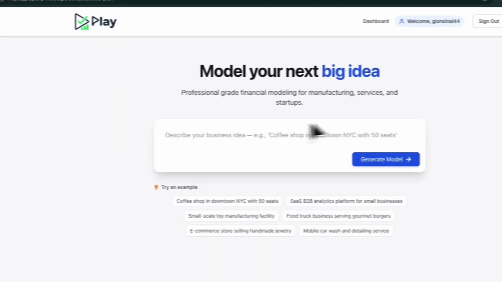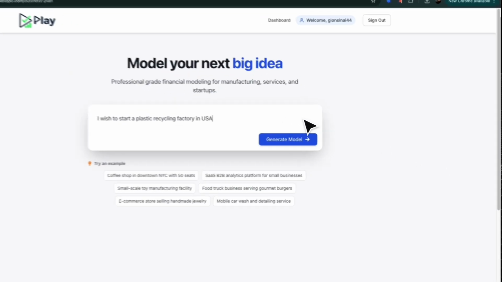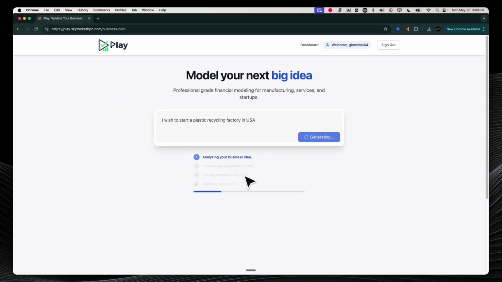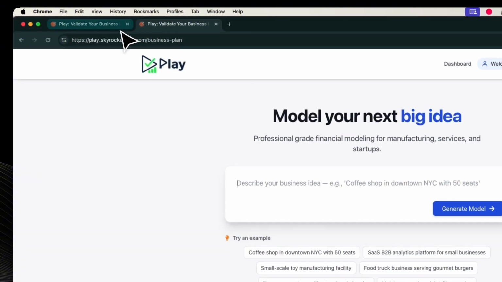Okay, so let's try to build a model for the plastic recycling facility first. I just type in, "I wish to start a plastic recycling factory in USA." It's going to take roughly a couple of minutes to generate the whole model. In the second window,